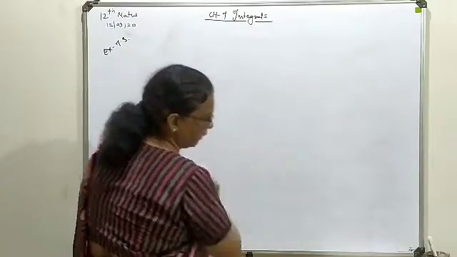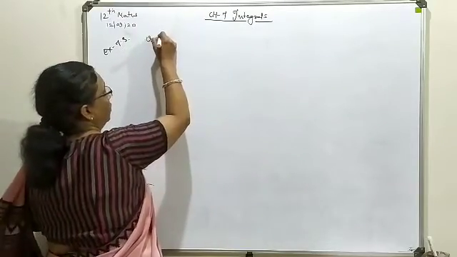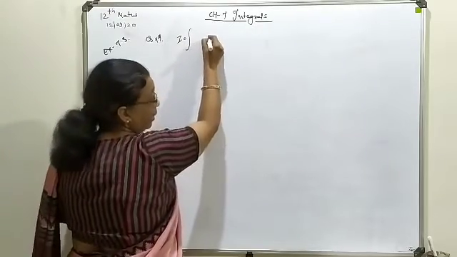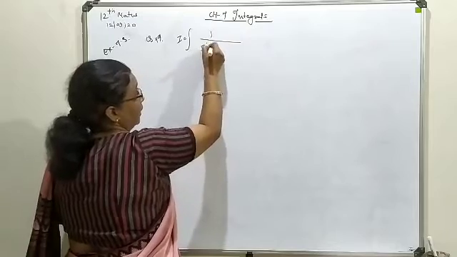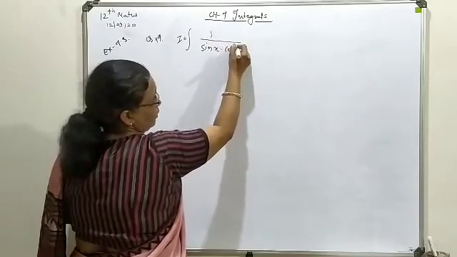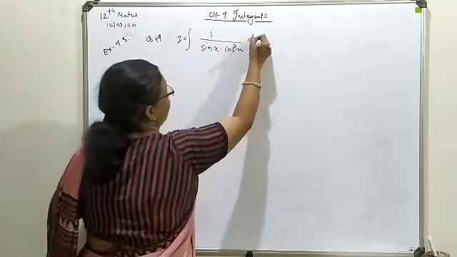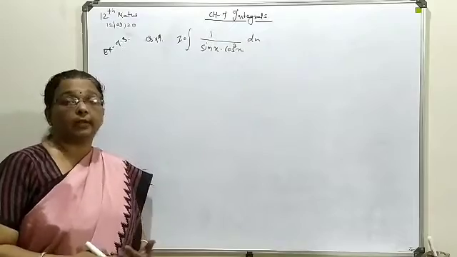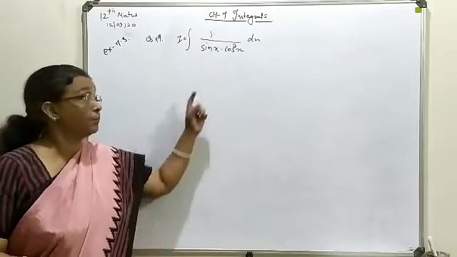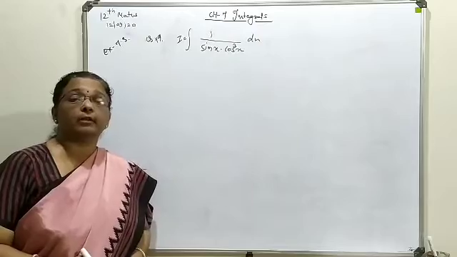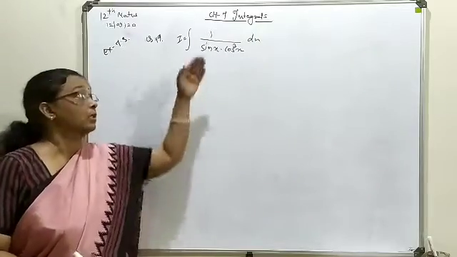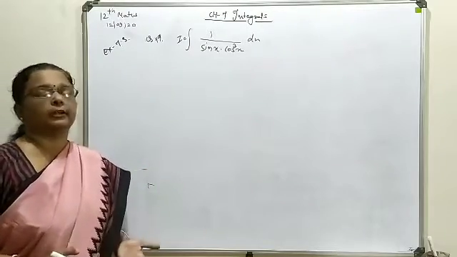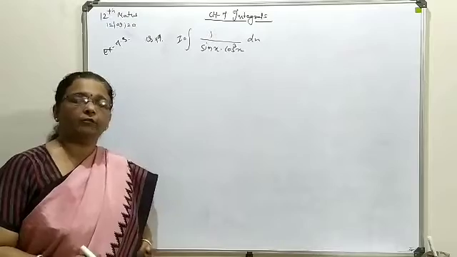Now one more form we are going to discuss, question number 19: 1 upon sin x into cos cube x. Here none of the terms has an x term in the numerator, so anyhow it is to be handled for the further situation. This is cos cube available. So try to convert it with the tangent, because if you write it with the 1 upon form you will have cosec and sec cube, which is also not possible to handle with the derivative form.